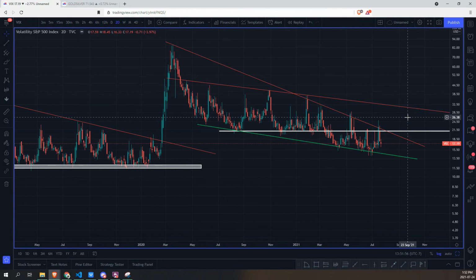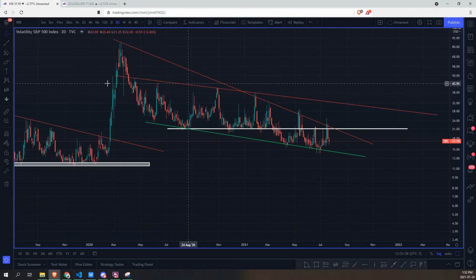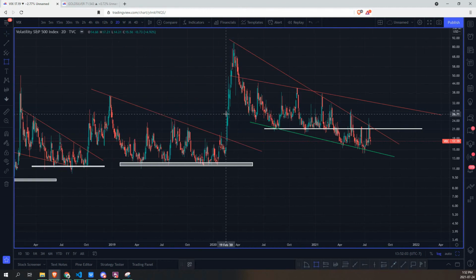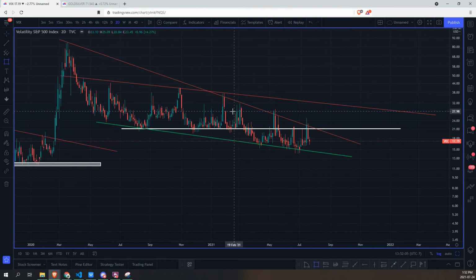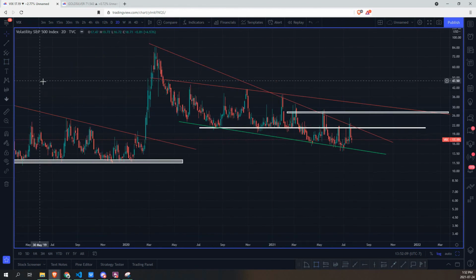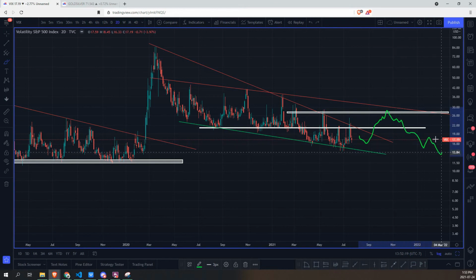We might see a little bit of a pop right here, but you do see another descending zone, and as long as we're sticking below this major zone right here, where you see the last series of highs, that's going to be totally fine. And then if we're going to get something like this, because we're contracting between this one and this trend line right here, we could see a slight move up, and then we're going to be coming slightly back down,